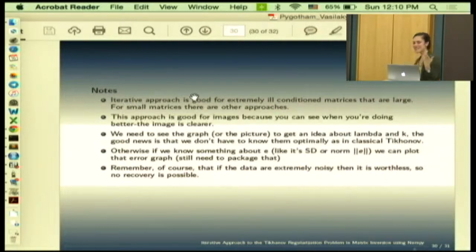I'm glad I arrived at the same conclusion. So this is a good approach for very large ill-conditioned matrices. If you have small matrices, something like 100 by 100, no, that's big, 20 by 20, there's other approaches. So this is good for big matrices because